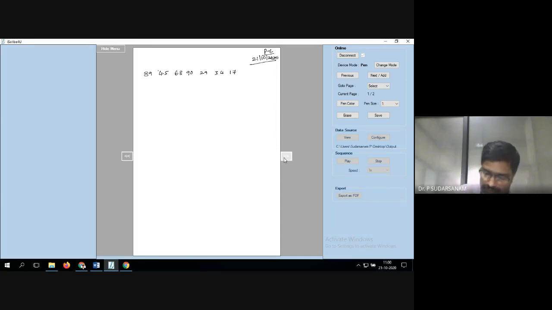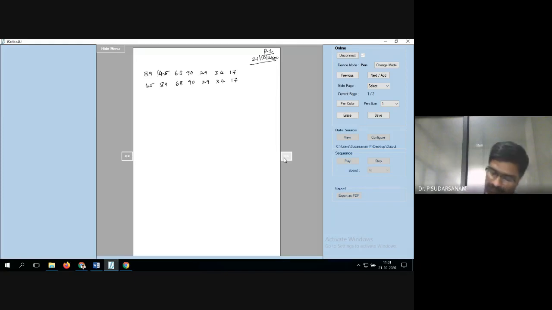Now 89. Let me take one number here, 45. Once you take 45, you have to compare it with this one. Always we want to write in ascending order. So 45 is less than 89. If the condition is true, this 89 should be moved here. You don't have any elements before the 89, so you copy 45 here. Now the remaining elements are copied as they are: 68, 90, 29, 34, 70.